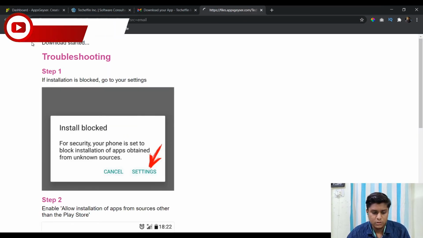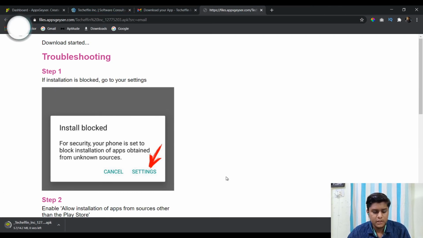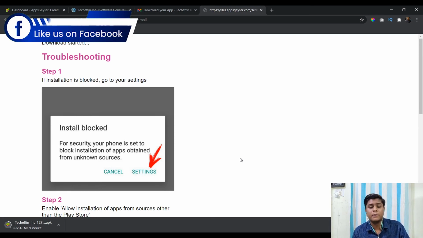So it's showing download has been started, and you see this APK has started downloading. It is only 15 MBs, and this is how you can create a web app for your website within a very short period of